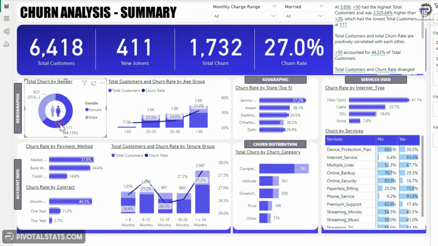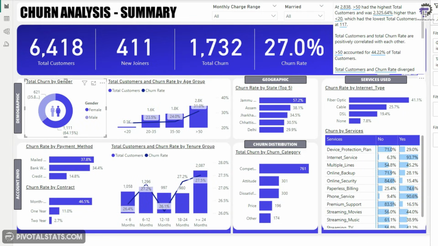Let me just remove this filter right now. Let's read a couple of the insights it's giving us. It says at 2838, greater than 50 had the highest total customers and was 2,325% higher than less than 20. In itself, this information does not give us a lot, but if I look at these two charts here,